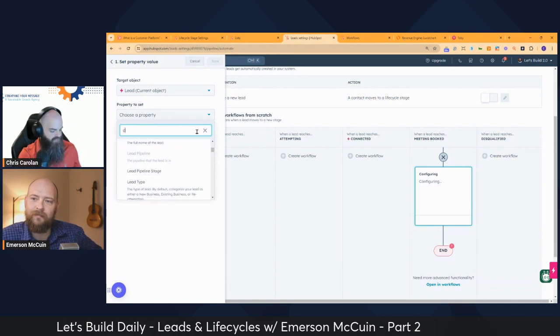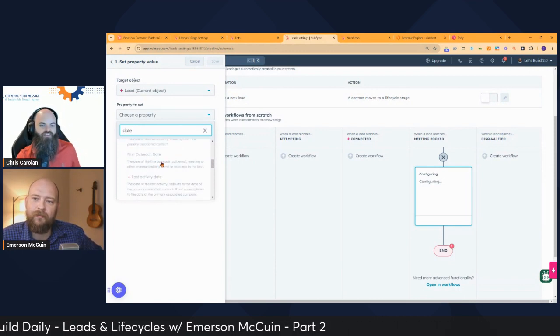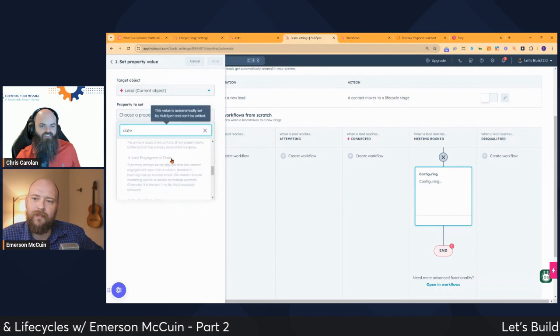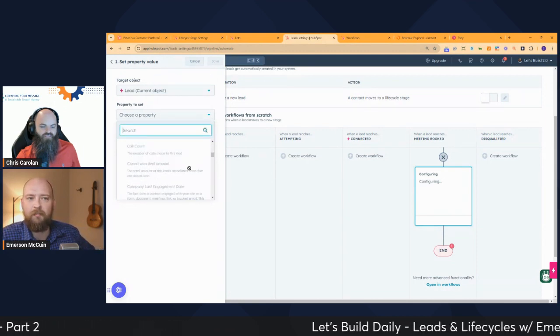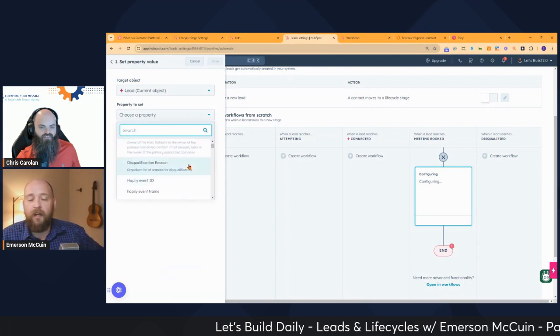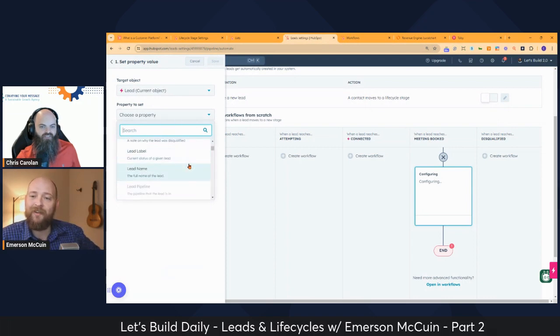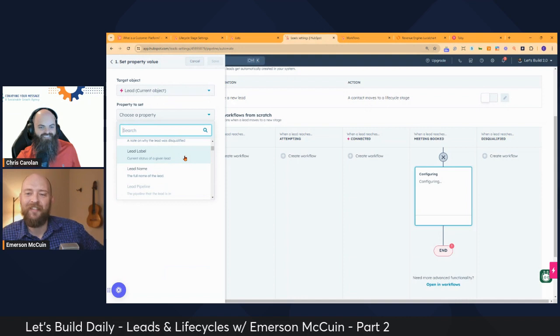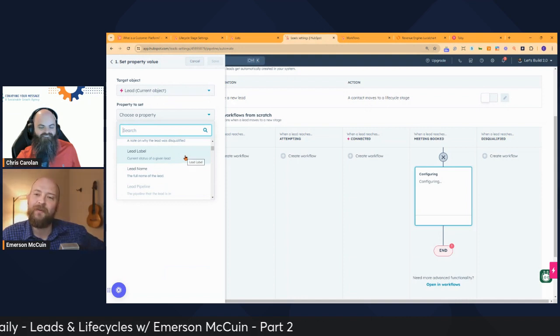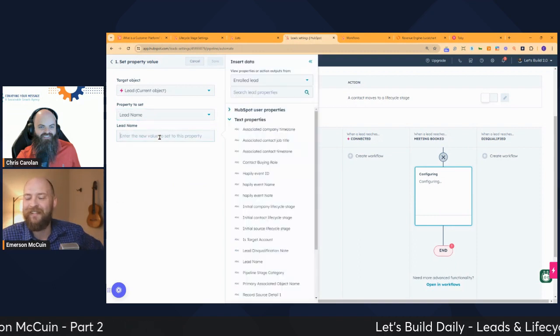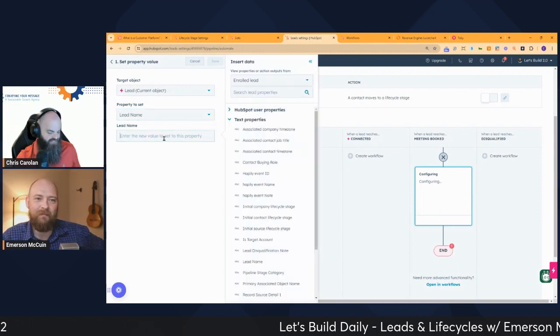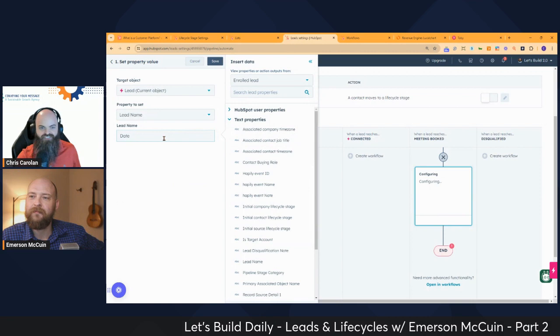Okay, let's see, date. No, so I have a custom date property that I use to stamp that meeting book date. I'm going to be honest with you, I haven't really reported on that or used it. Sometimes I'll do things where I think this will be useful in the future. But yeah, lead name can work great. And we'll just say date here.